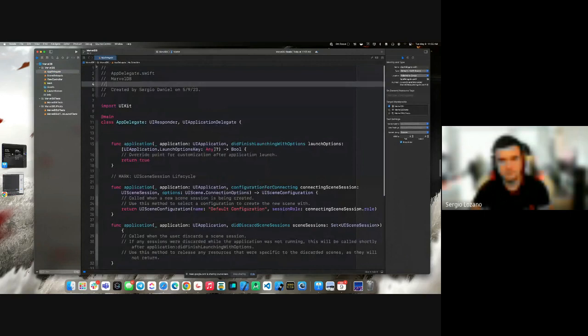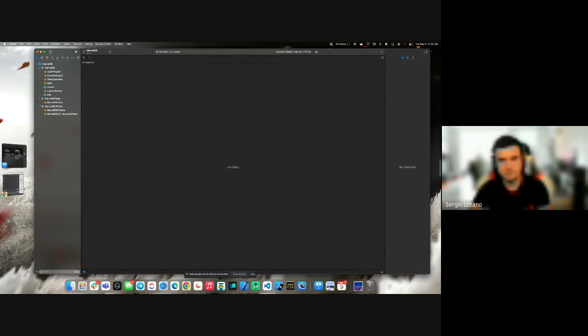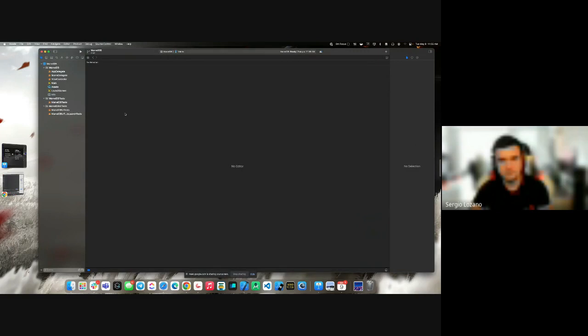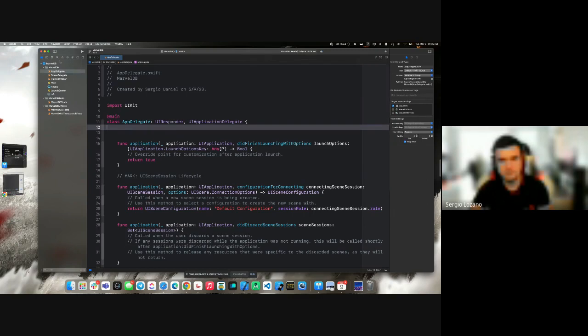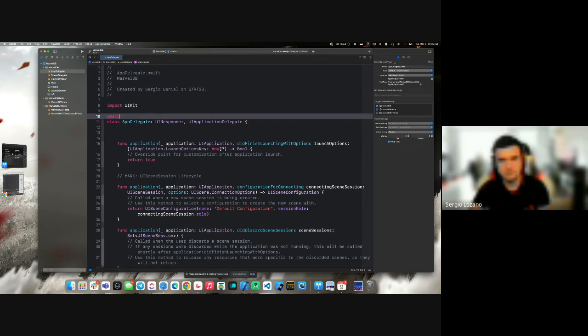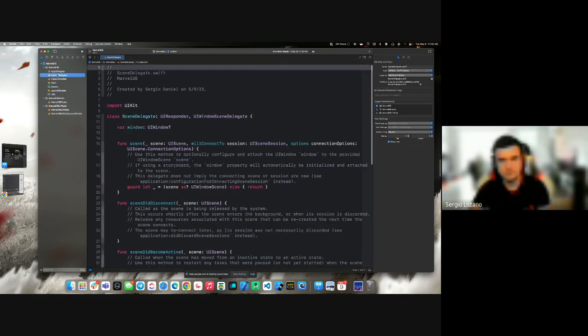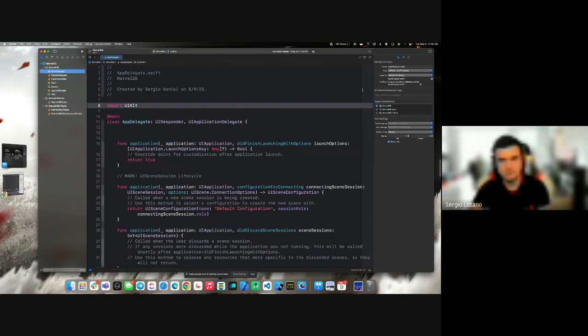So let's talk a little bit about the structure. I will give you a tour of Xcode so that you can understand where everything is and what this is about. Xcode, as I mentioned before, is the IDE that we'll be using to do Apple development. We'll be using, of course, Swift. This is the structure of the project, all the files included within the project. This is where we'll be able to inspect and interact with any of the properties we have selected right now. In this case, if we switch across the different files, we'll be able to target different